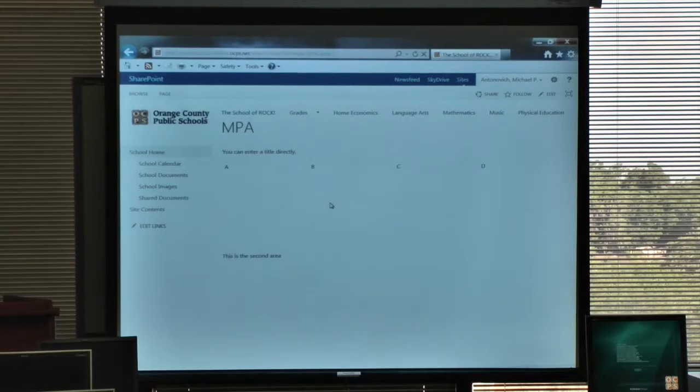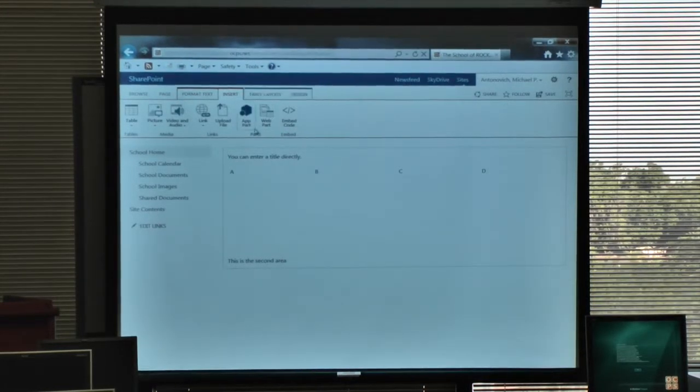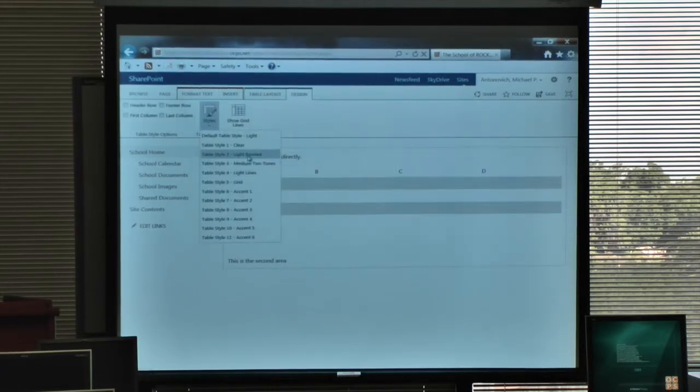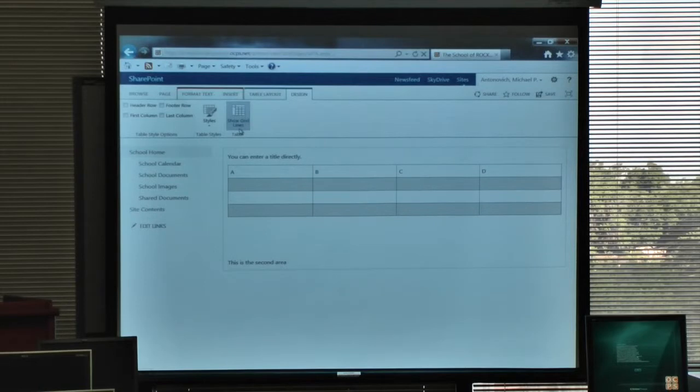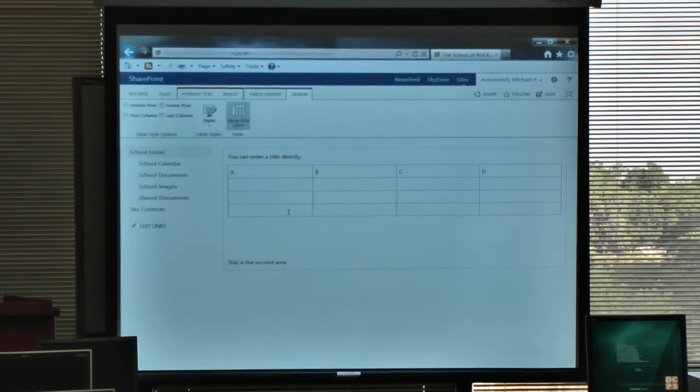Of course, when you want to go back and edit anything in the table, you're probably going to want to go back to Design. Maybe not that one. Select one of the other layouts so that you can see the lines, so that you can work within the table. Now, what I meant before about making it a little bit more complex,